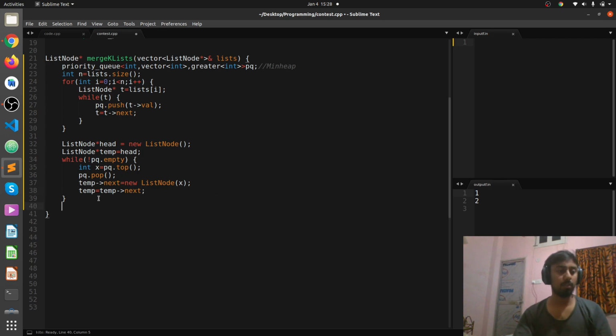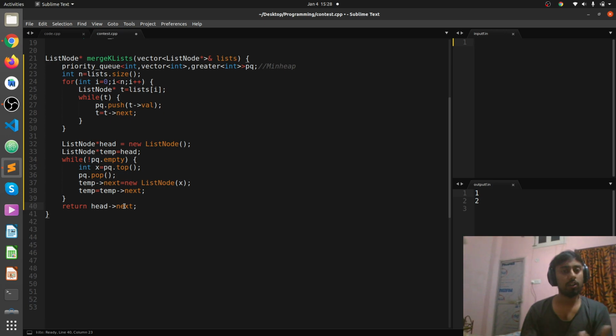And what we have to return is head next, because the first node is our dummy value 0, and from the second node onwards we have started to contain all the nodes of the linked list.